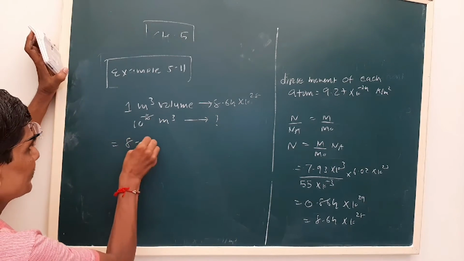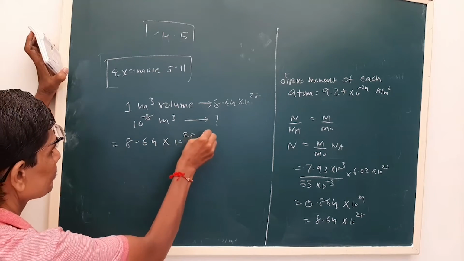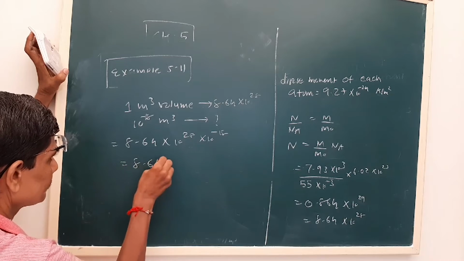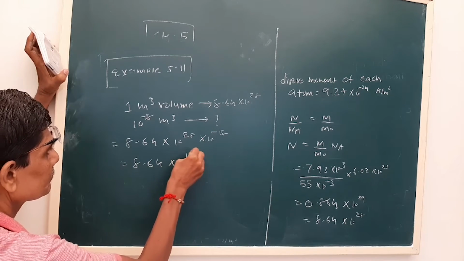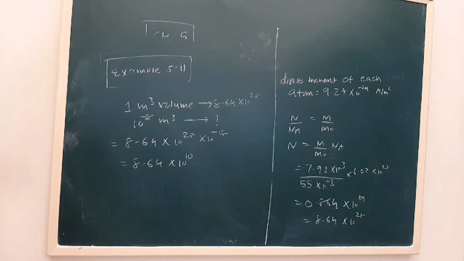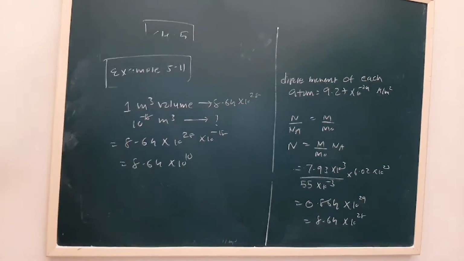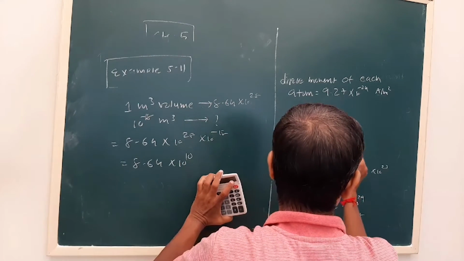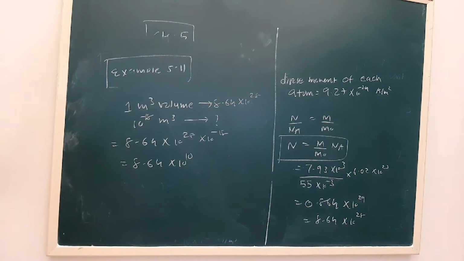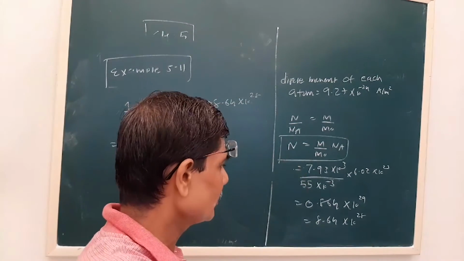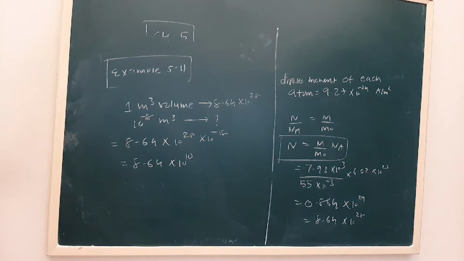So 8.64, 8 minus. Okay, now these are the atoms in a given volume. Similar, recall this we had used somewhere in one example in chapter number 3 also. Okay, that is number density. There we used to denote it as a small n. So these are the number of atoms in a given volume.